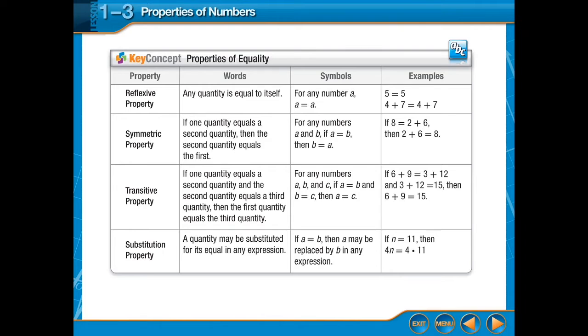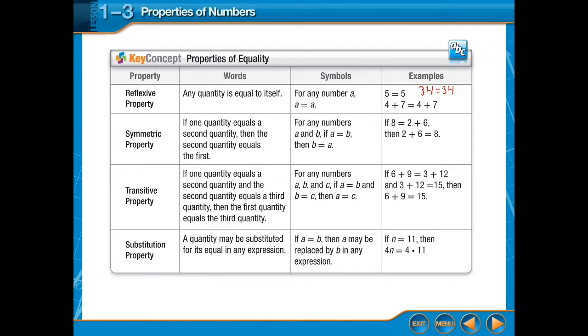The first property up top is the reflexive property. It says any quantity is equal to itself. The reflexive property means that if you write anything in math, anything, 34 is equal to 34. Why would that be useful? Well, that's useful because of this next property,